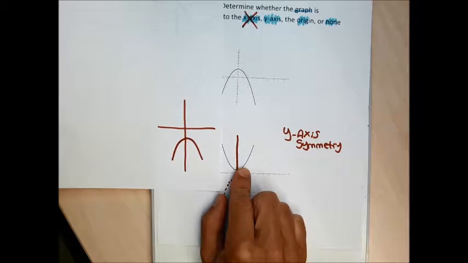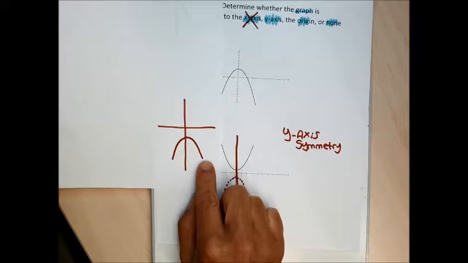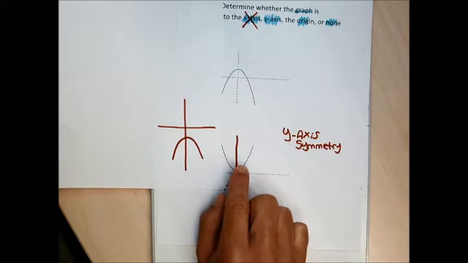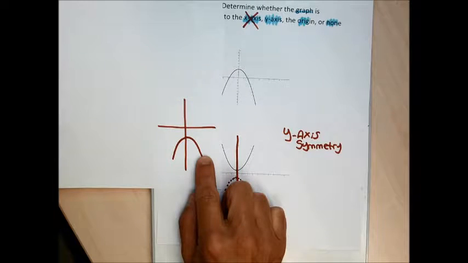But right side up, the parabola opens up. Upside down, the parabola opens down. Because it's not going in the same direction, it doesn't have origin symmetry. It doesn't look exactly the same. Of course, right side up and upside down, they're both parabolas, but they're not parabolas going in the same direction, so it doesn't have